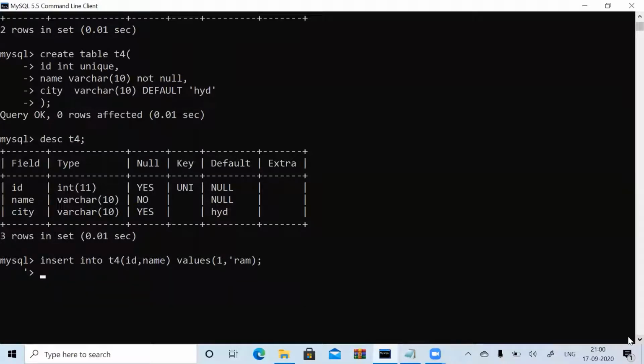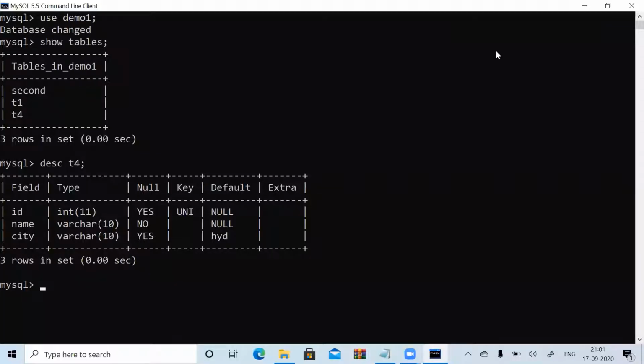Again I made a blunder mistake. Obviously here you need to use single quotes. This is a mistake, so I need to start again from the beginning. This is one drawback, because in general I use MySQL Workbench, but in this system MySQL Workbench is not supported right now. So fine, let's see how to insert here.